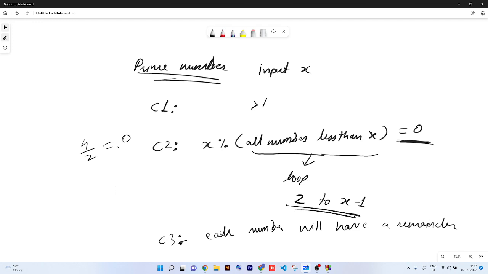करेक्ट. 15 जैसा 15 लिया तो 3 से हो रहा है, 5 से हो रहा है, बाकी सब नंबर से नहीं हो रहा है, बट 3 और 5 से हो रहा है. so what you will say there कि it is a non prime number. अगर किसी से भी रिमाइंडर नहीं आया, हर एक का रिमाइंडर नॉट इक्वल टू जीरो है, देन इट इज अ प्राइम नंबर. ठीक है. अब ये आई हैव गिवन यू द क्वेश्चन, आई हैव गिवन यू द सिनेरियो एज वेल,